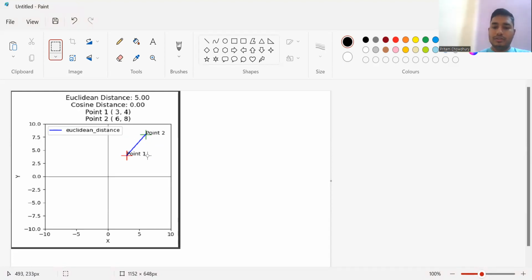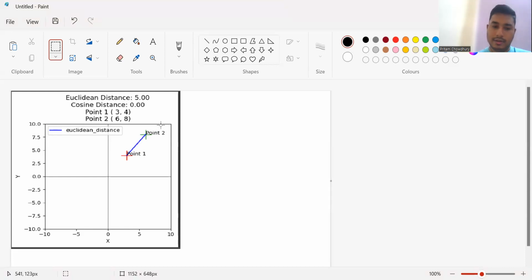Now, let's consider this scenario where the cosine distance is 0, implying the vectors representing point 1 and point 2 have the same direction. That means point 1 and point 2 lie on the same line or on a parallel line. Here in this picture, point 1 and point 2 are lying